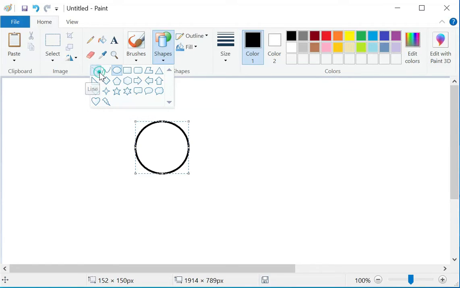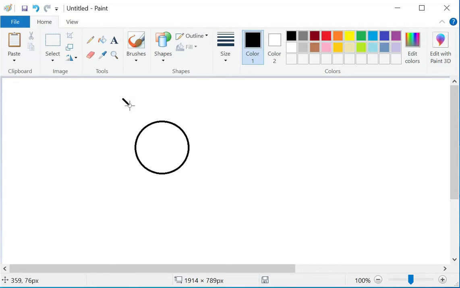So now to draw the ray, select the Line tool from the Shapes group. Bring the mouse pointer on the drawing canvas. Place the mouse pointer from where we have to start the line and now drag till the end point. In the same way, we have to draw all the rays around the sun using the Line tool in the Shapes group. So by selecting different shapes from the Shapes group, we can draw many different diagrams of our own idea.